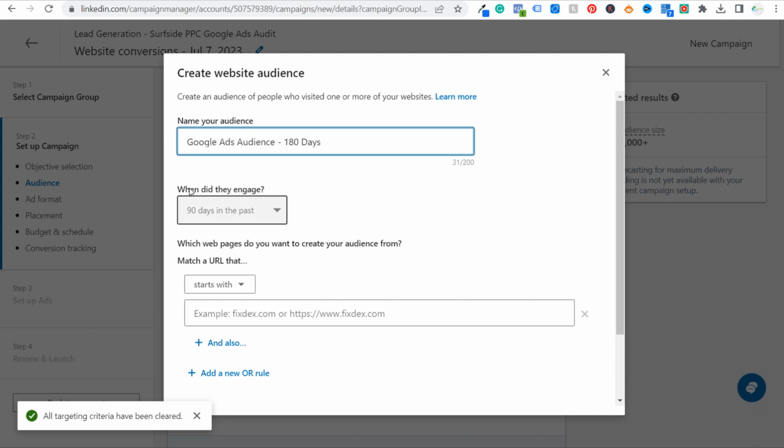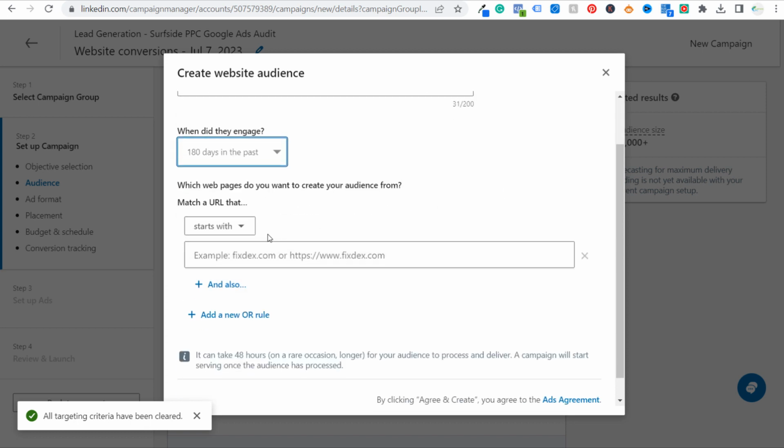So if we come down here to "when did they engage," what we want to choose is 180 days in the past. Now, why we can do this is if somebody's looking up bidding strategies or keyword match types or really anything related to Google Ads and they visited my website, that means that they are currently running Google Ads. If you're running Google Ads within the last 6 months, there's a good chance you're still running Google Ads. So taking advantage of a free Google Ads audit may be in your interest if you're visiting pages that